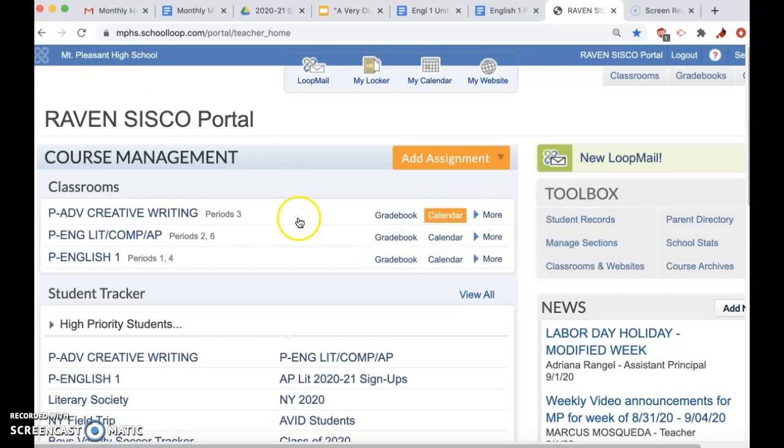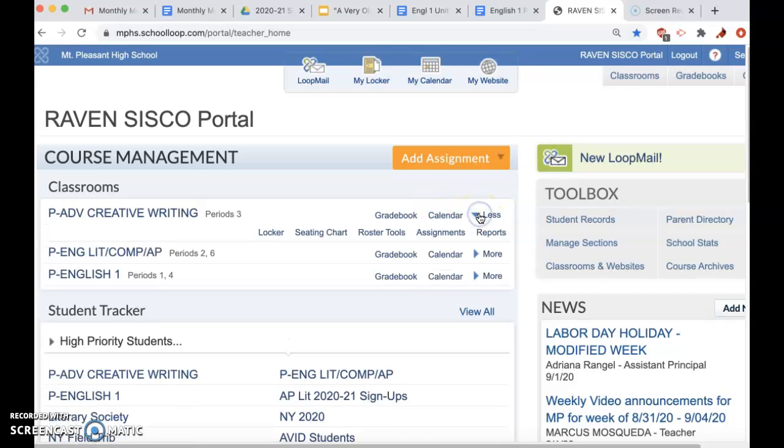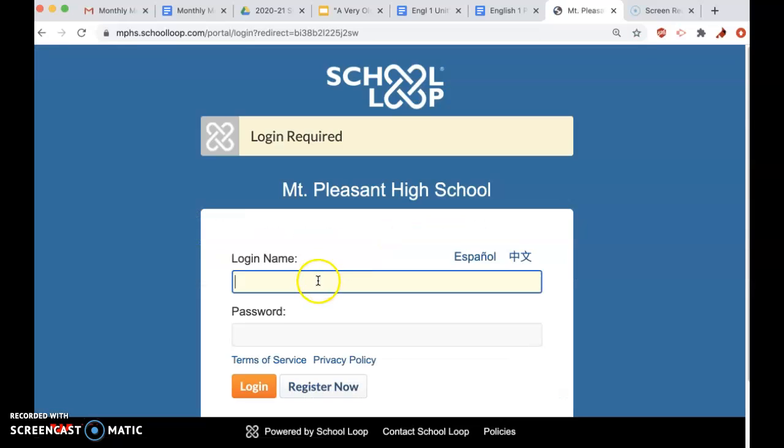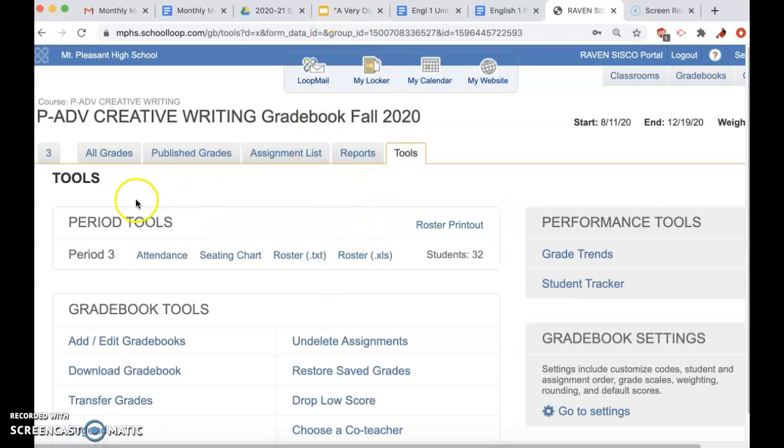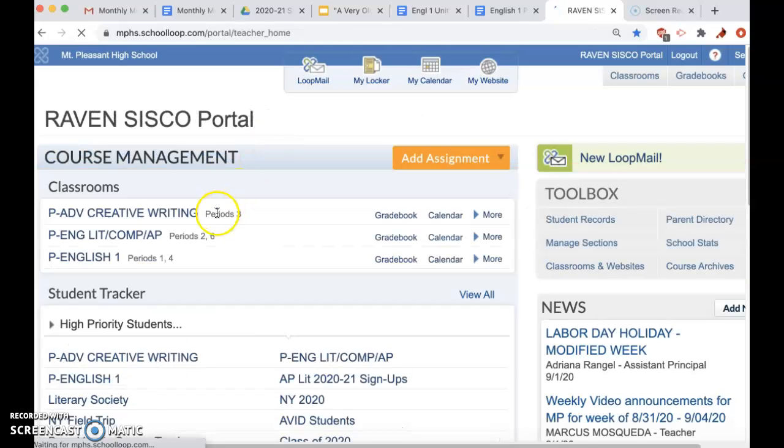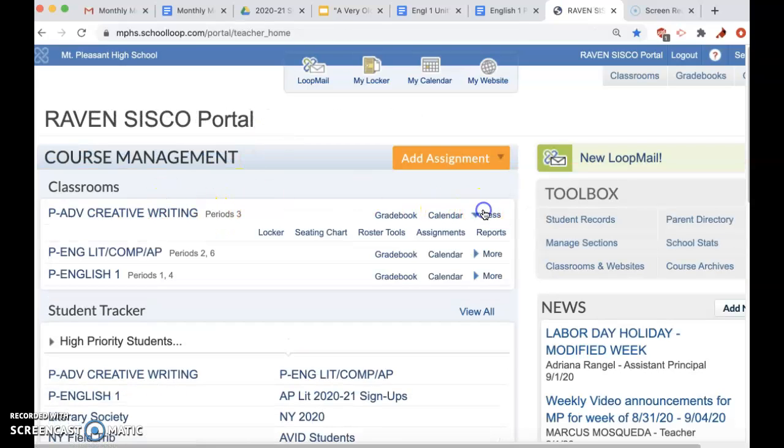So I'm going to go to my advanced creative writing class, and I'm going to click more, and then I'm going to click roster tools, and then I'm going to log in. Because why not? And then, so I went to, let me go back because, okay. Creative writing, more, roster tools,